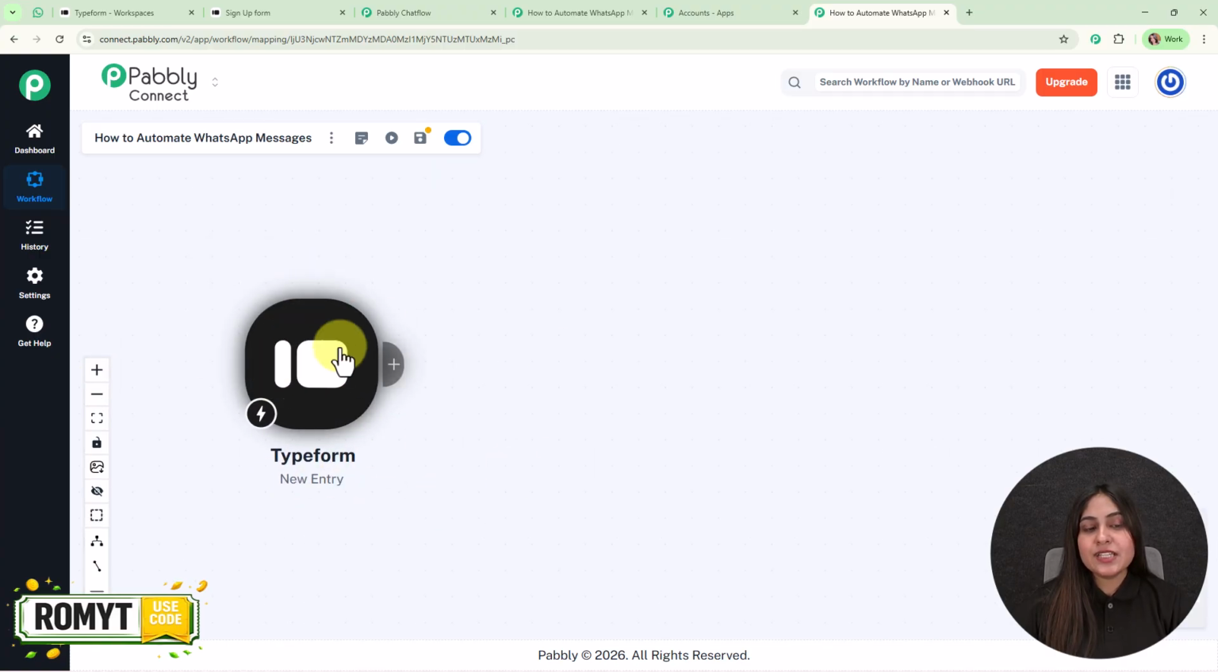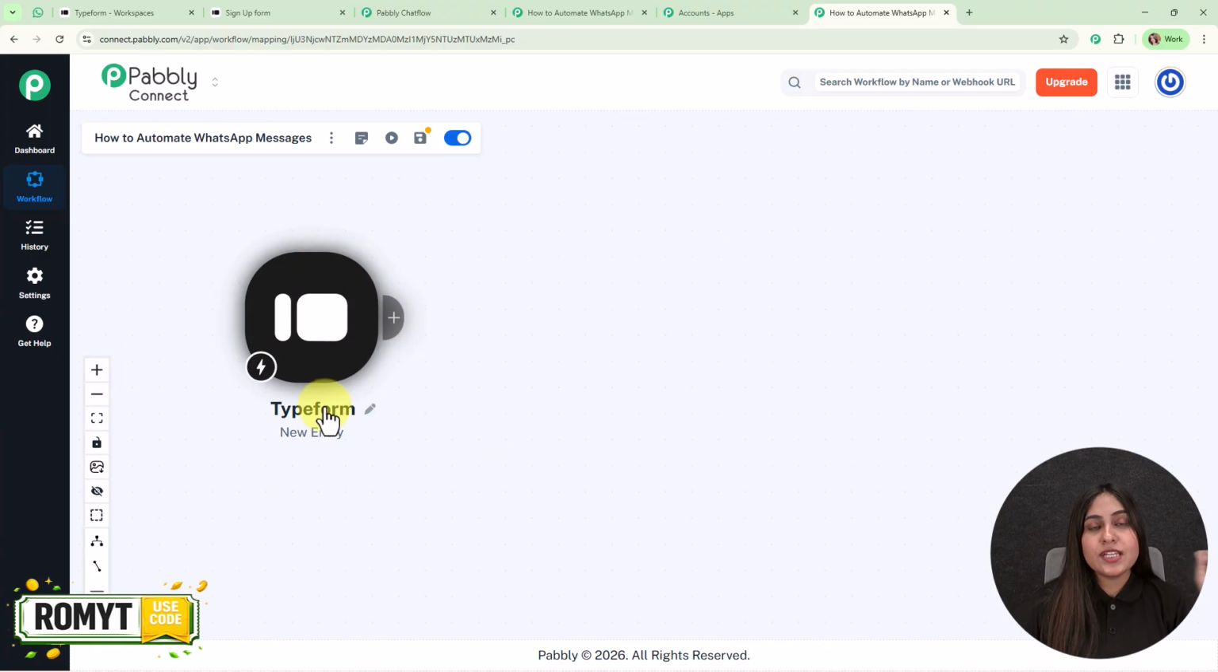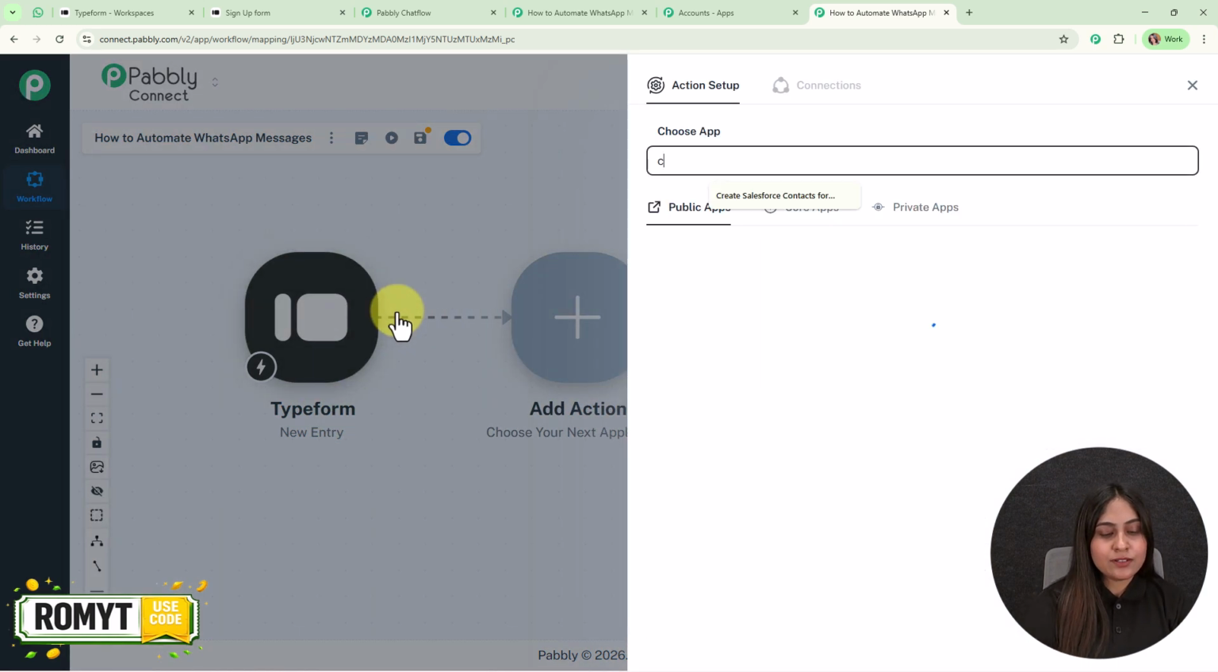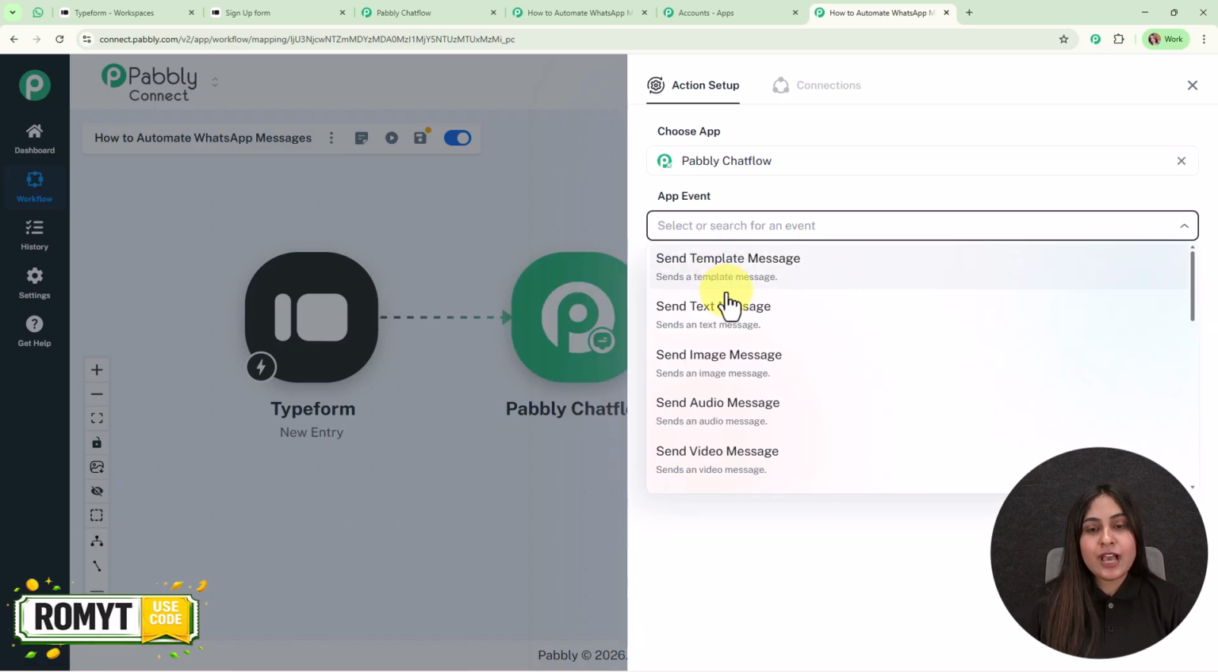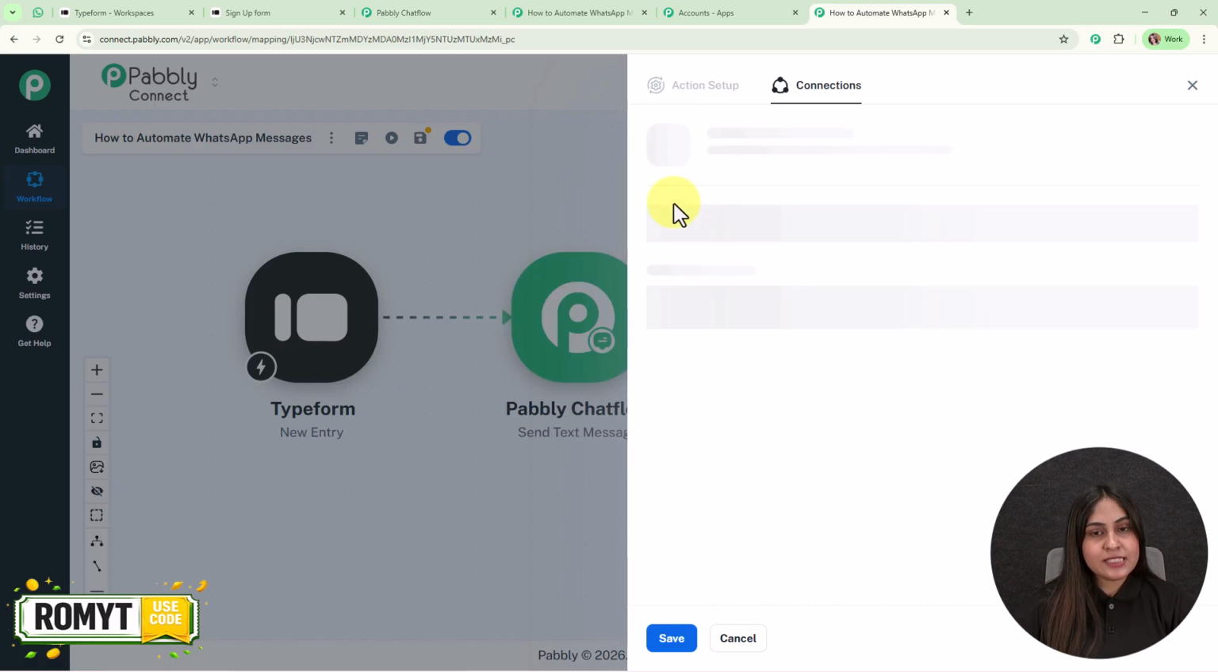So once we have received the new form details, then we are going to send automated WhatsApp messages to our leads or customers using all-in-one WhatsApp communication platform, that is Pabbly Chatflow. But here you can use different WhatsApp communication platforms such as Interact, Wati, WhatsApp by SNC or WhatsApp Cloud API as well. Alright, we're going to add an action step over here, and here we're going to select the action application as Chatflow. Then for the app event we are going to select send text message, and then we're going